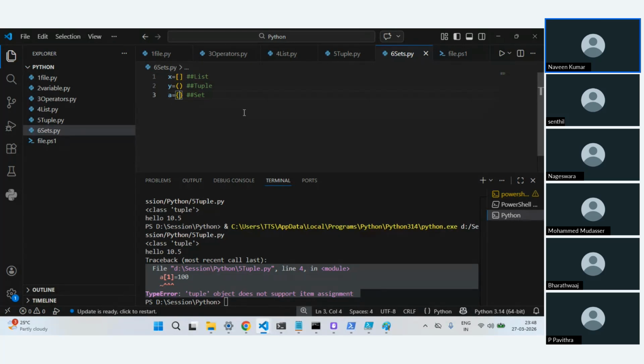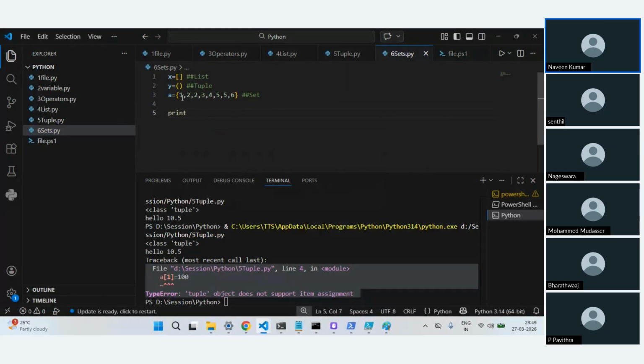Now, what I will do, I'll just define some value. We have said A contains 1, 2, 2, 2, 3, 4, 5, 5, 6. This is the data which I have stored. Let's try to print this.